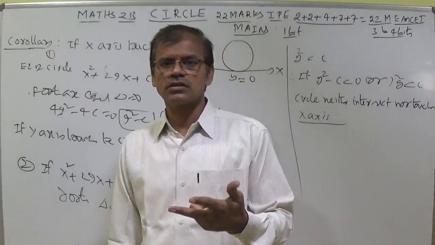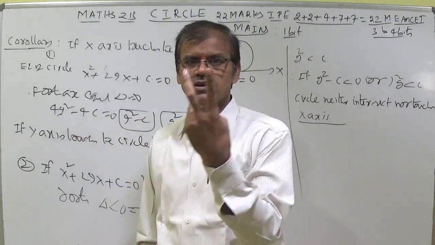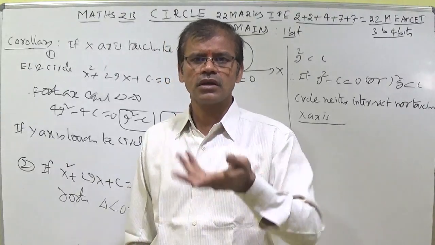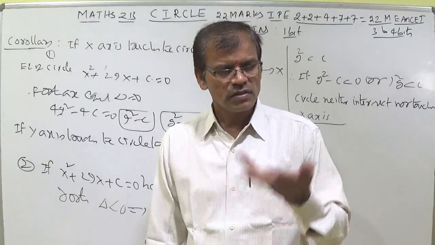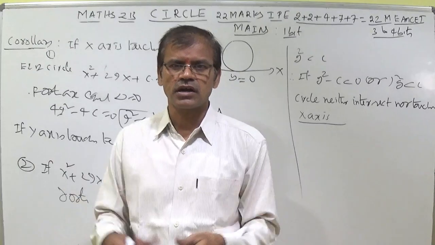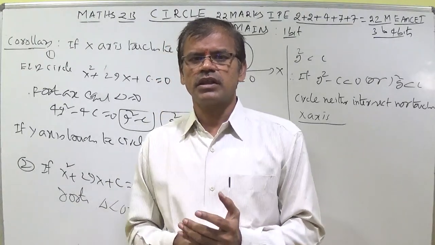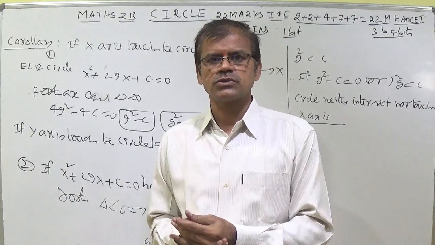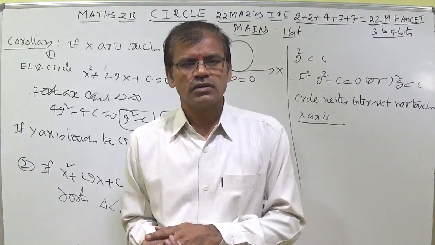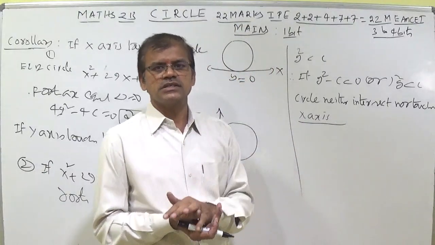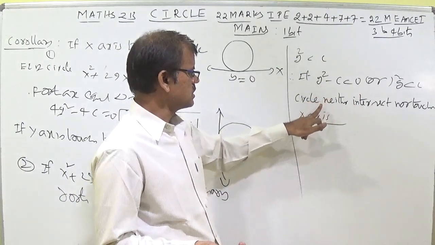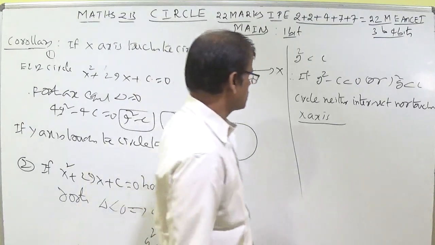Whenever two distinct roots are there, then the line is intersecting the circle in two distinct points. Whenever it has only one root, it is touching. There is no question of touching and no question of intersecting. Then the line may be anywhere in the plane, or maybe not in the plane, not coplanar. That is why it has imaginary roots. Whenever the quadratic equation x square plus 2gx plus c has imaginary roots, then delta less than 0. That means the x-axis does not intersect or touch: wherever g square less than c, the circle neither intersects nor touches the x-axis.